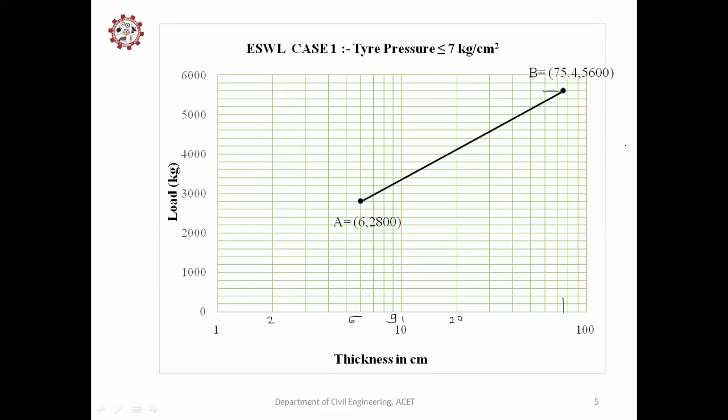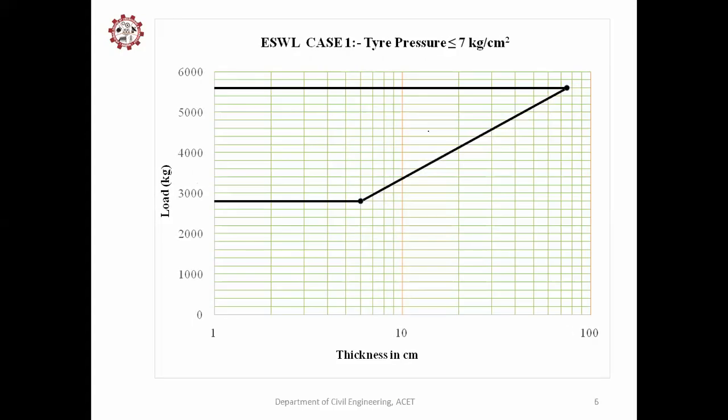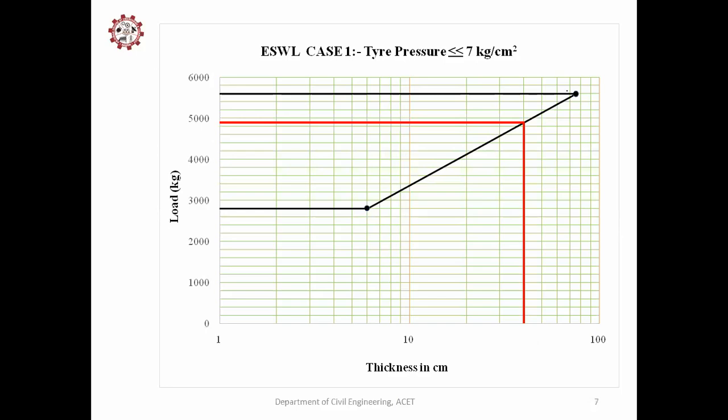So these 2 points A and B are marked, and after that, you need to draw the horizontal lines on the loading here, and line marking points A and point B. After plotting this on the same graph, you have to plot the thickness for 40 centimeter. So this is your A point, this is your B point, and this is your 40. Okay, as this is 10, this is 20, 30, and this is 40.